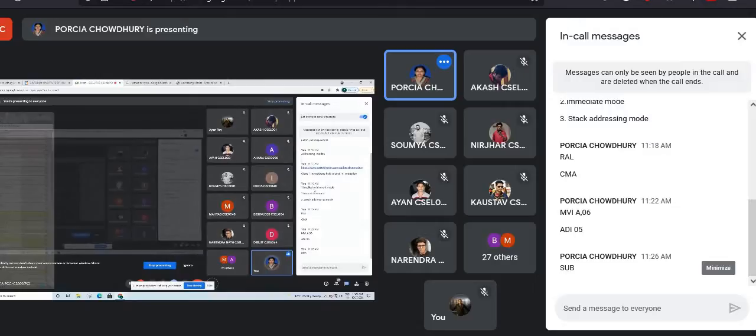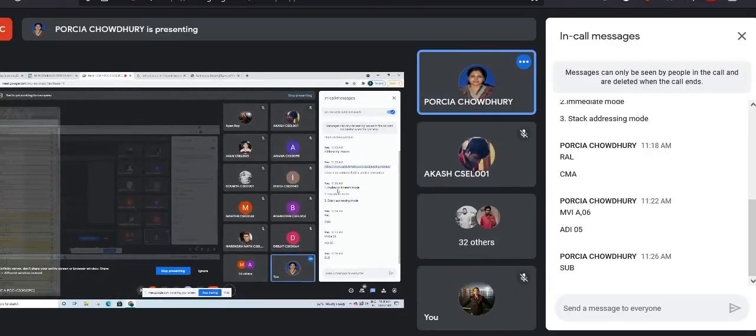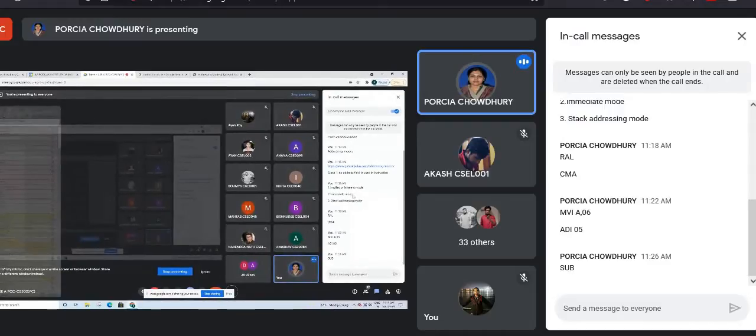For the first one, accumulator, you just have to do rotate or complement. These two are the examples. Second one is immediate. That means you have one operand explicitly. Now you have two operands. One operand is your accumulator and the second operand is explicitly used. So now with other things you can do the arithmetic operation as well. These two are the examples.